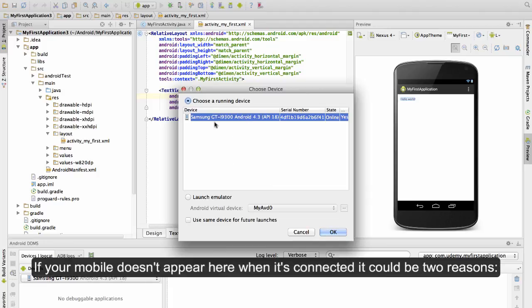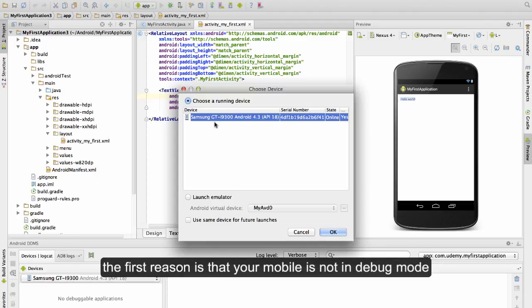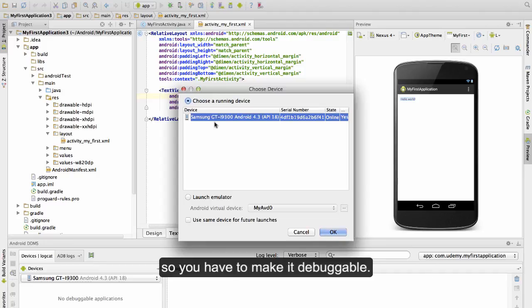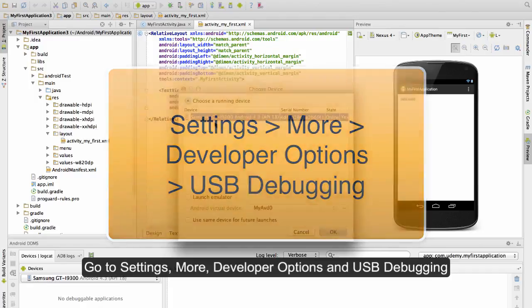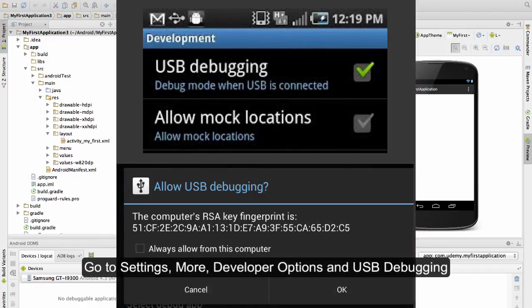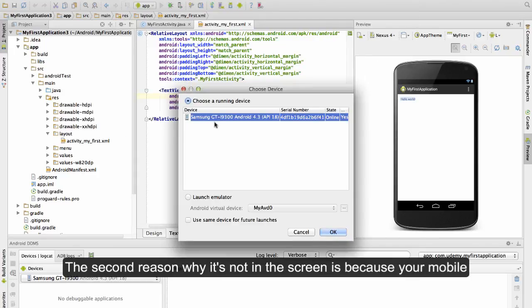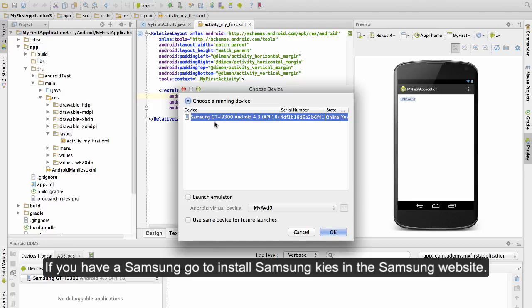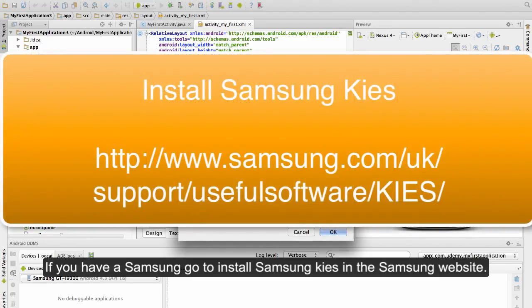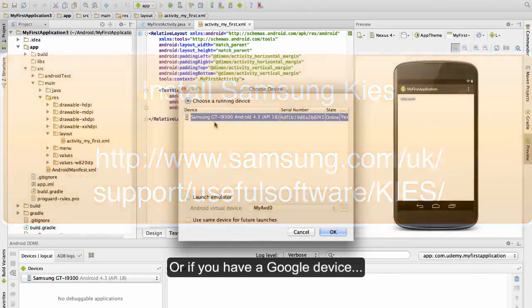If your mobile doesn't appear here when it's connected, it could be for two reasons. The first reason is that your mobile is not in debug mode, so you have to make it debuggable. Go to Settings, More, Developer Options, and USB debugging. The second reason is that your mobile is not recognized by your PC, so you need to install the driver for your mobile. If you have a Samsung, go to the Samsung website and install Samsung Kies, or if you have a Google device,